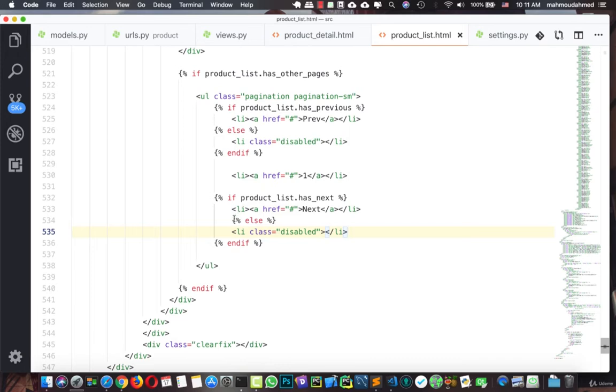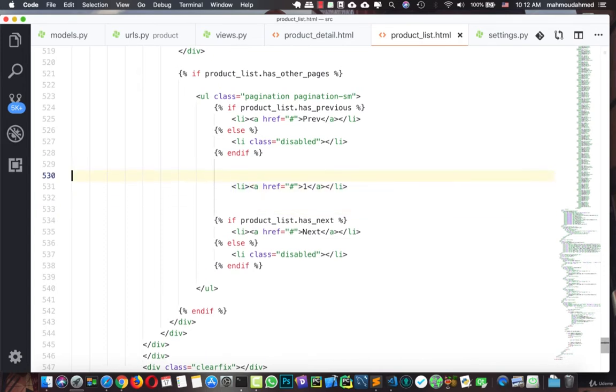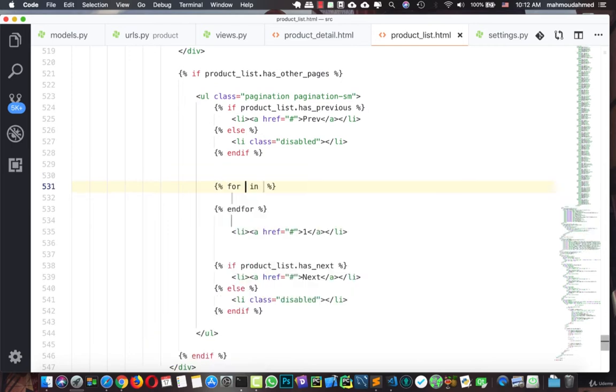So now we've added, we said that if this product list has previous, add the previous, else disable this li, and if this product has next, add next, else disable this li. So now we need to make the loop. If we have many pages, we need to know how many pages we have. So here I'm gonna say 4 pages n, and those pages are in the product list